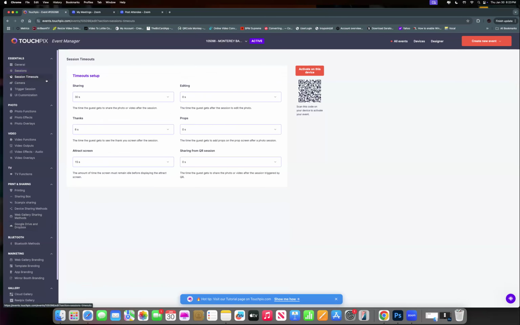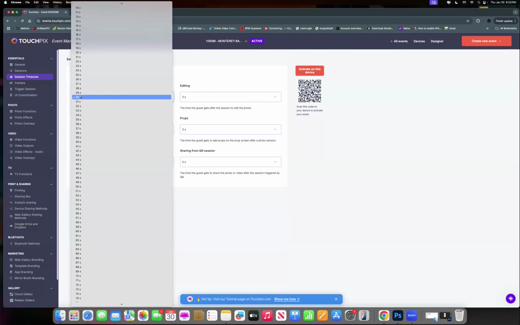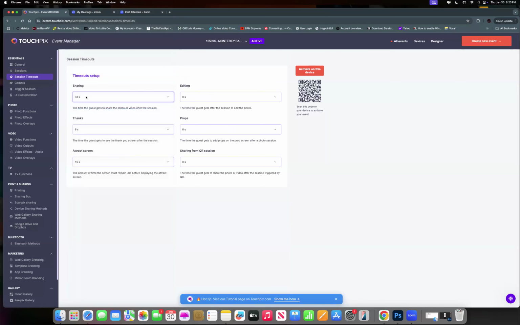The following tab is the timeout tab. This is very important here. I want to recommend everybody update their software before every session. I recommend everybody test a test event before every session. It's important to keep this at 30. I usually set it for 33 just out of habit, but the sharing, always keep it at 30 because people